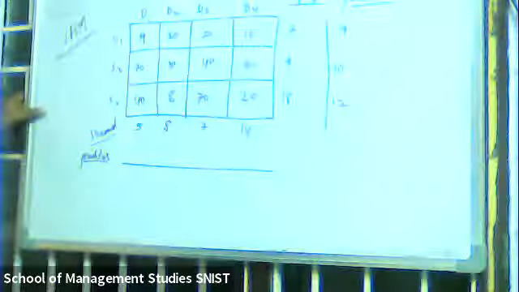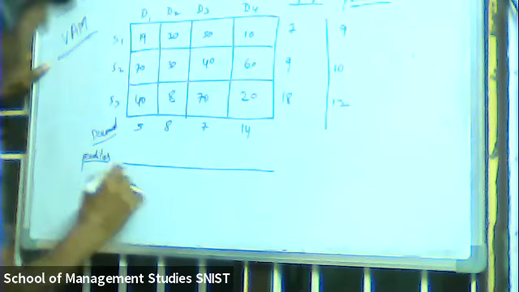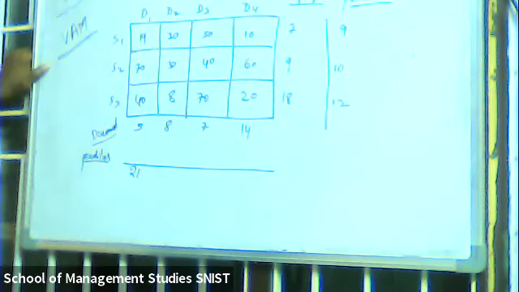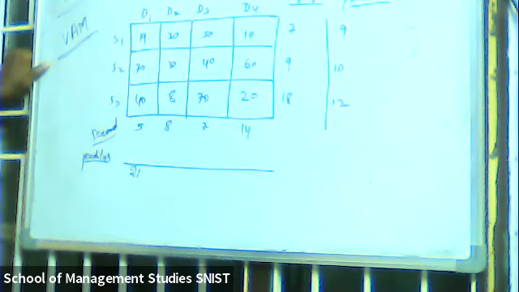Now we did row wise, right? Same thing we are doing column wise. Is it clear? On column wise, the values are 19, 70, 40. Which one is the least value? 19. The next value is 40. So 40 minus 19 is 21. So 21 is the first column penalty. Second column penalty, any one of you? 22, sir. The first least value is 8, the second least value is 30. So 30 minus 8 is 22.